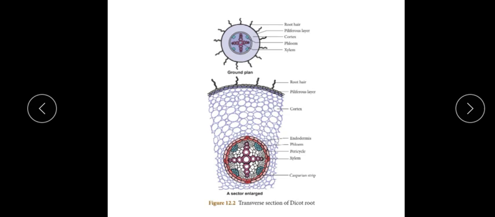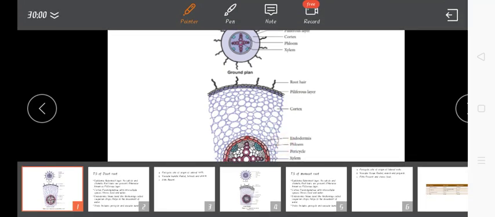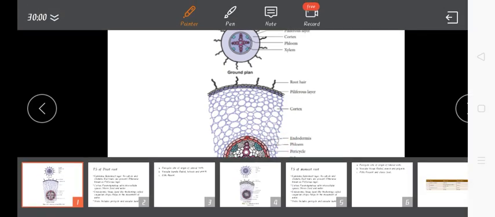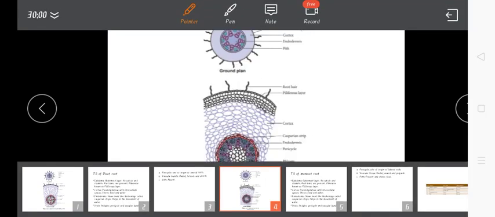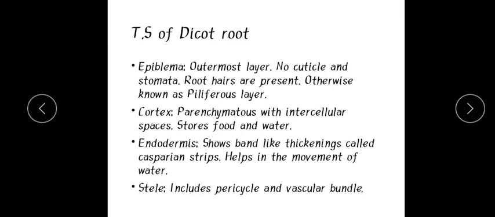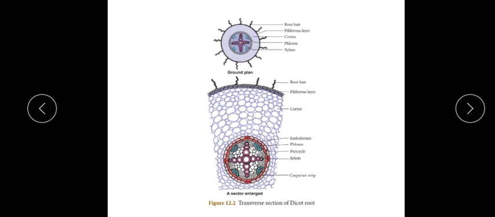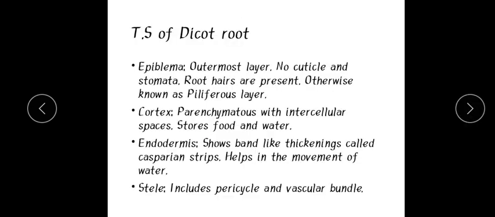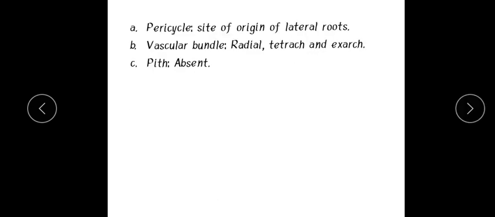Okay, and you can see the green colored structure is going to be the phloem. You can see in this one the green colored structure. Have a look at this one. This green colored structure is called the phloem. So you can see bundles of phloem alternating with xylem. Such an arrangement is called radial. Okay, and next is going to be the pith, where in the case of dicot root the pith is not present. It is absent in the case of older roots. So I have just written the word pith. Hope you all understood the structure of dicot root.